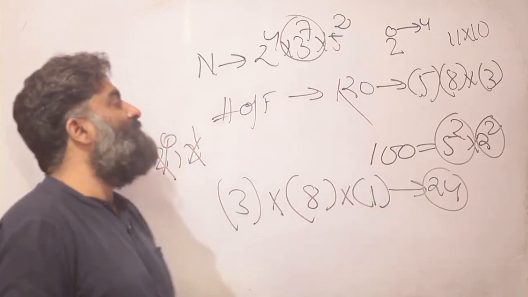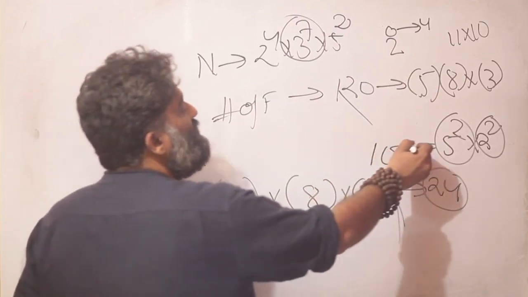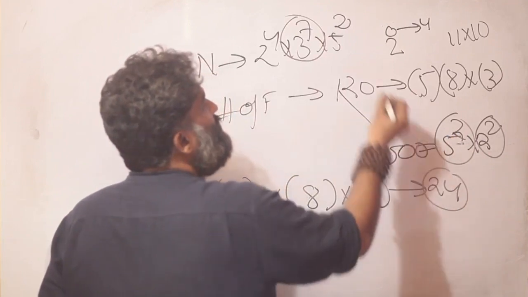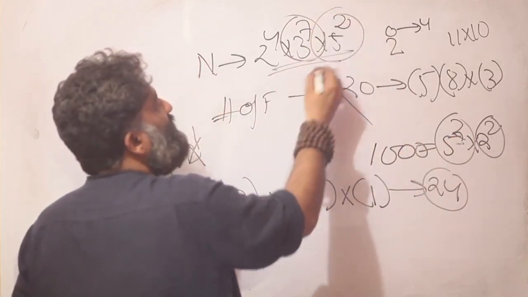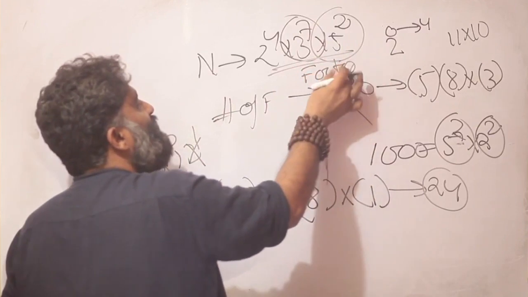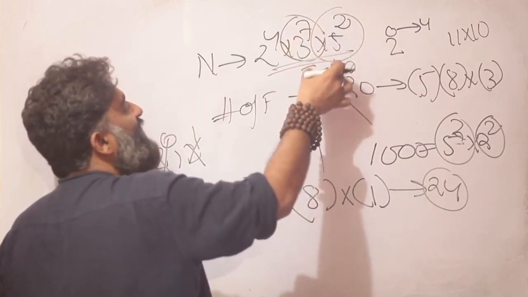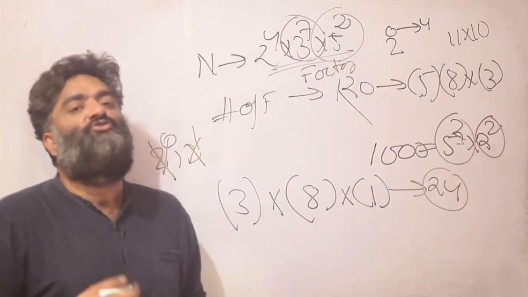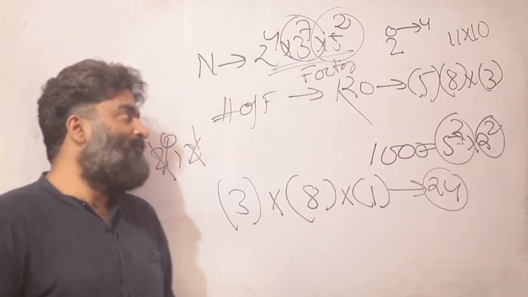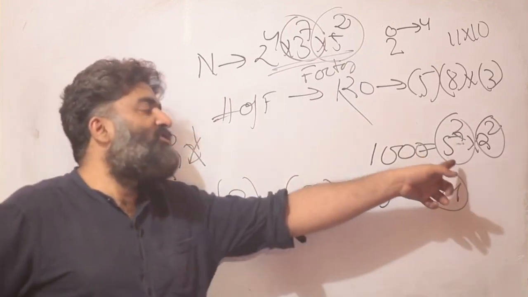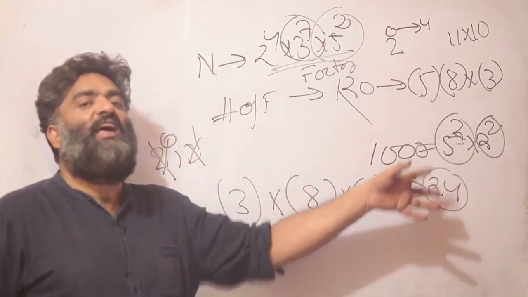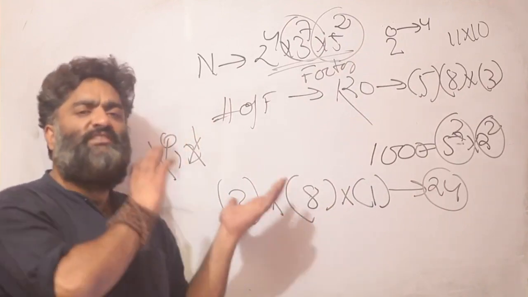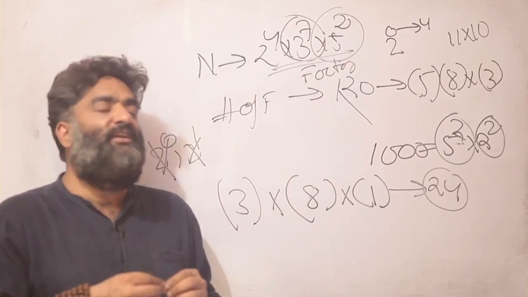Can I have more than 2 zeros? More than 2 zeros would mean, let's say, 1,000. 1,000 would mean a 5 cube. Do I have a 5 cube in the numerator? Because a factor, remember, will go in the denominator and try and divide this. Can I have a 5 cube in the denominator? Not at all. So will I be able to have more than 2 zeros? No, I will not be able to have more than 2 zeros. So once again, the idea of 0 being connected with the idea of factorization, and then connecting it to the idea of counting the number of factors. So the same logic, just basic twist and turns happening in the question.